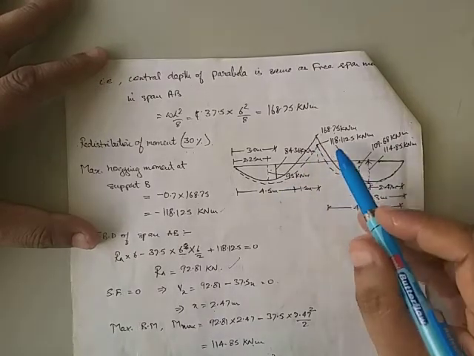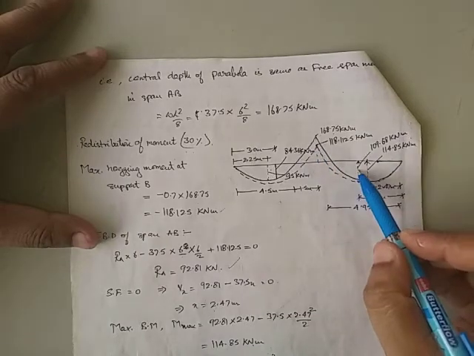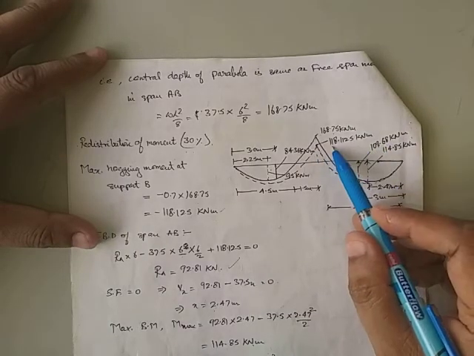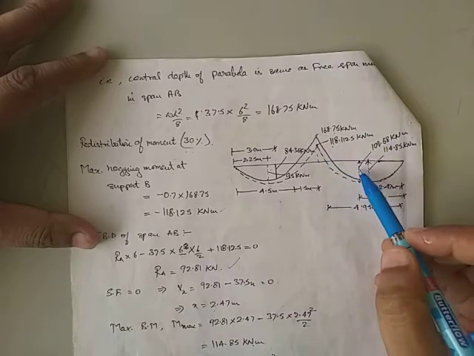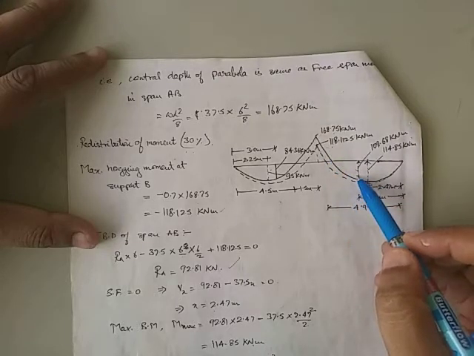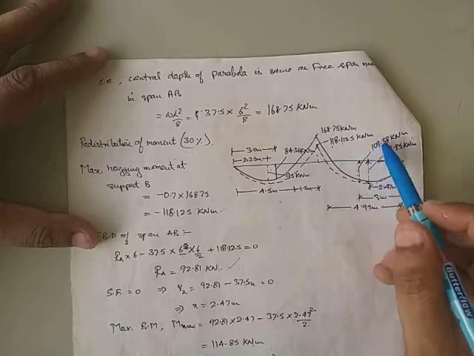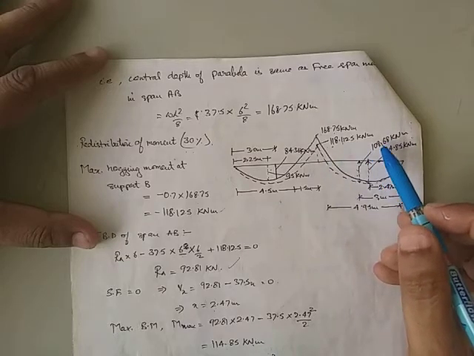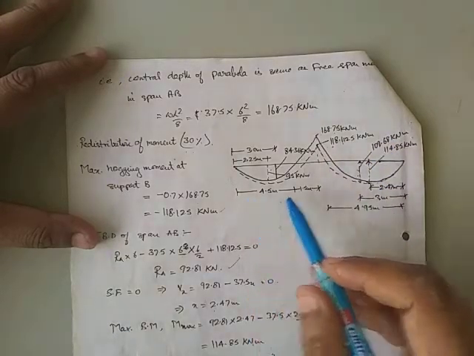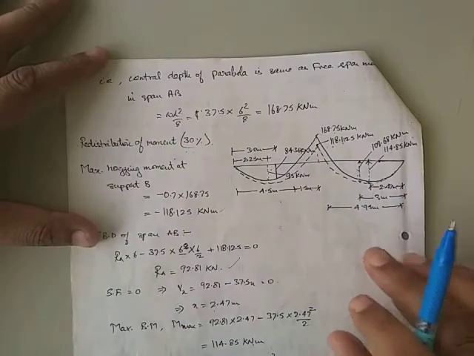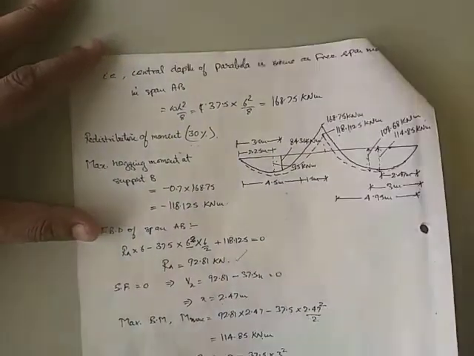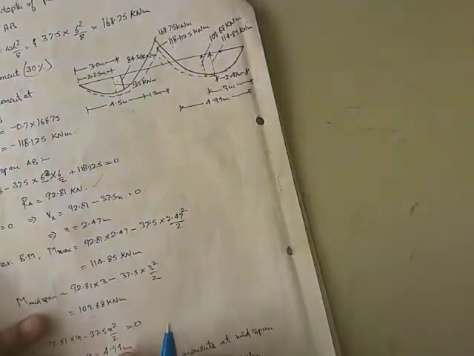Now we have a new value of 109.68 and 118. That means you can have a more economical design if you design it by 118.125, so it will always be successful for 109.68, and the steel can be provided throughout. So this is about the first case, case 1, where we have considered the maximum hogging moment.